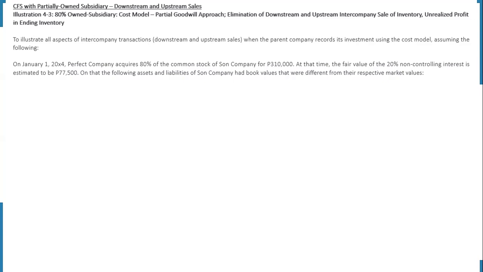On January 1, 2024, Perfect Company acquires 80% of the common stock of Sun Company for 310,000. At that time, the fair value of the 20% non-controlling interest would be